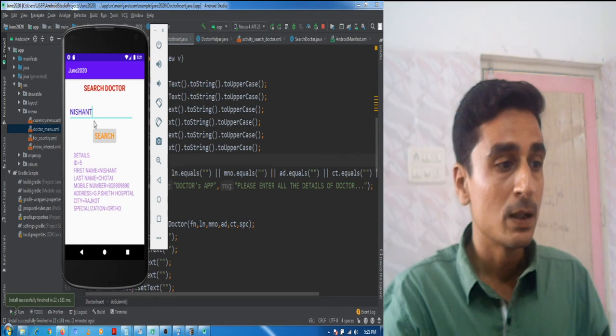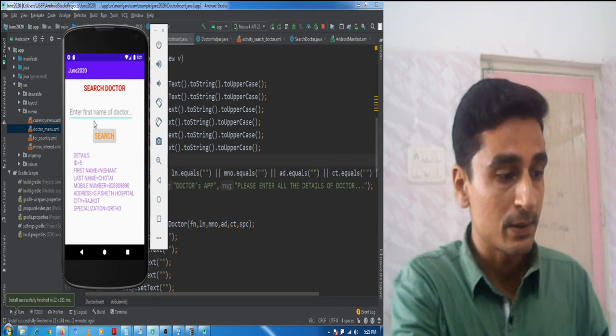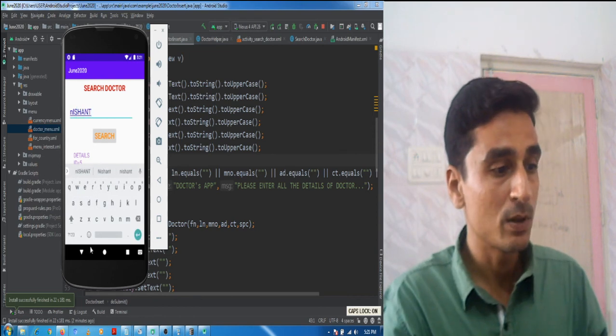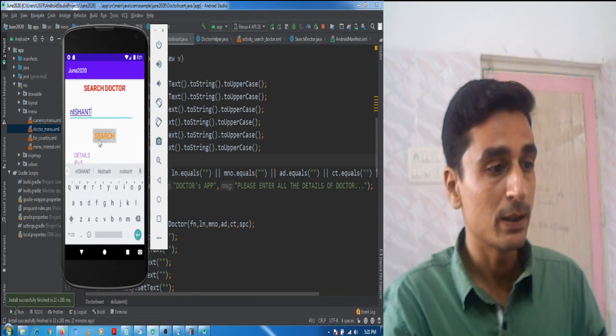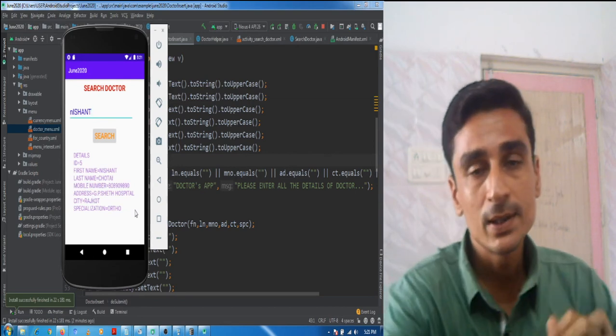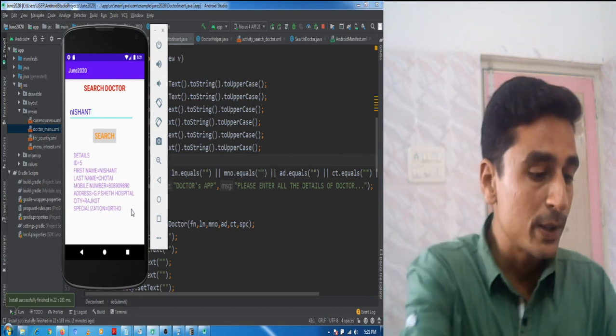And in any case, suppose I enter one capital and the remaining small, again it will be available. So in this manner we can provide a searching facility in our application, and it was application number 44 of